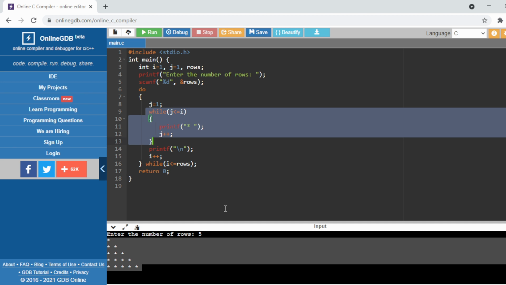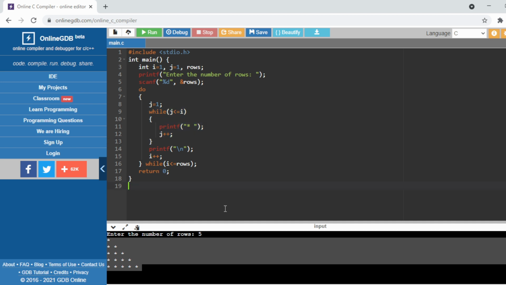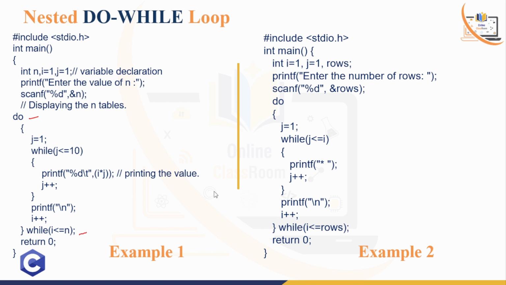So just try and experiment, because when you try and practice more, all these things will be easier for you, right? And again, let's go back to the slide. So basically this is the concept of nested loops. We can use nested for loops, nested while loops, or nested do while loops.